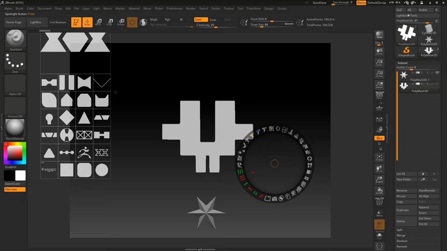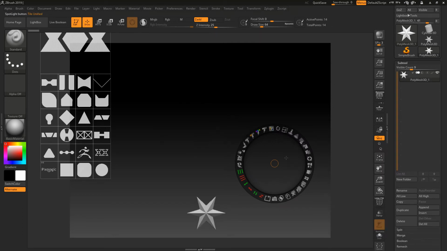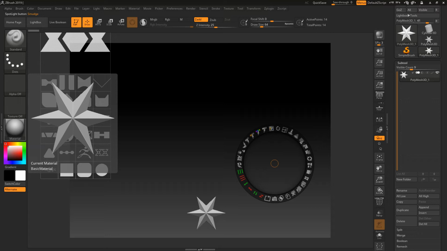So we can create our own alpha set from this as well. If we just take this one here, I'm just going to delete this out, click OK. We can create our own alphas, and it's really easy to do. If we look inside the folder structure itself, I'm just going to open up